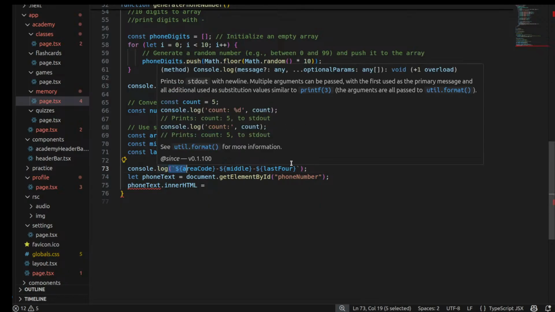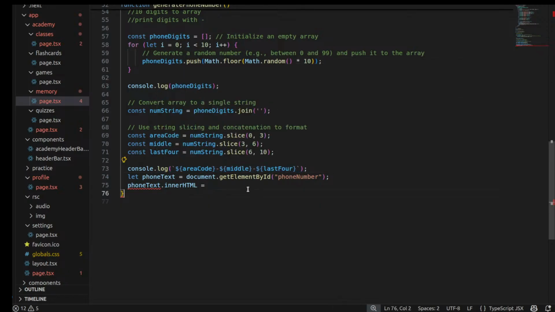Can I do this? Oh yeah, that actually worked. Alright, so now I can generate my random number,